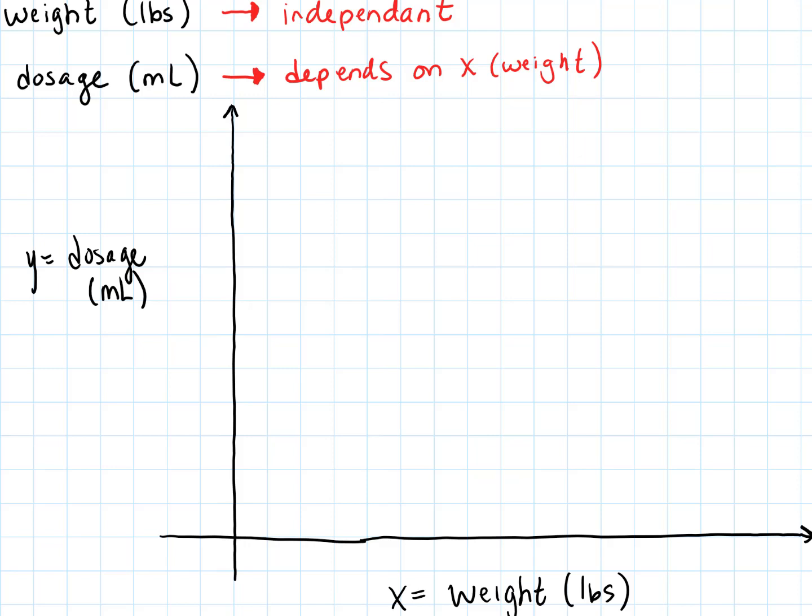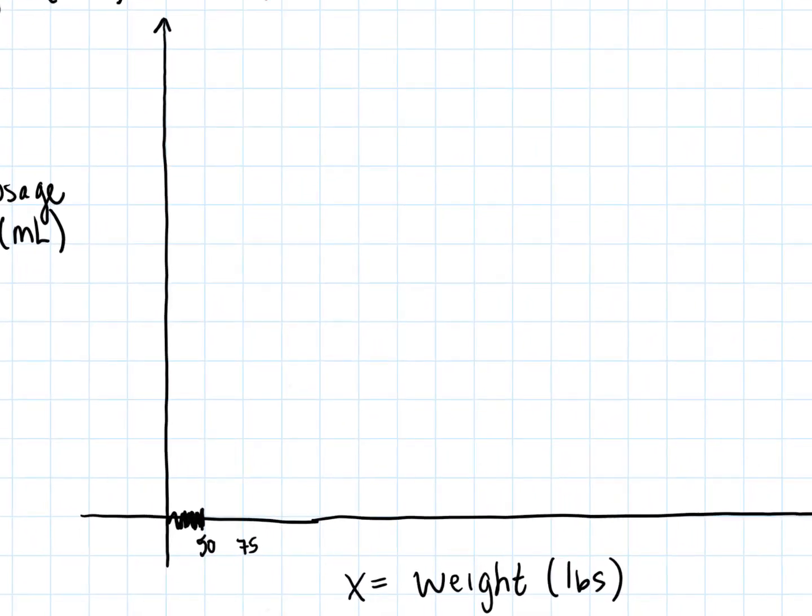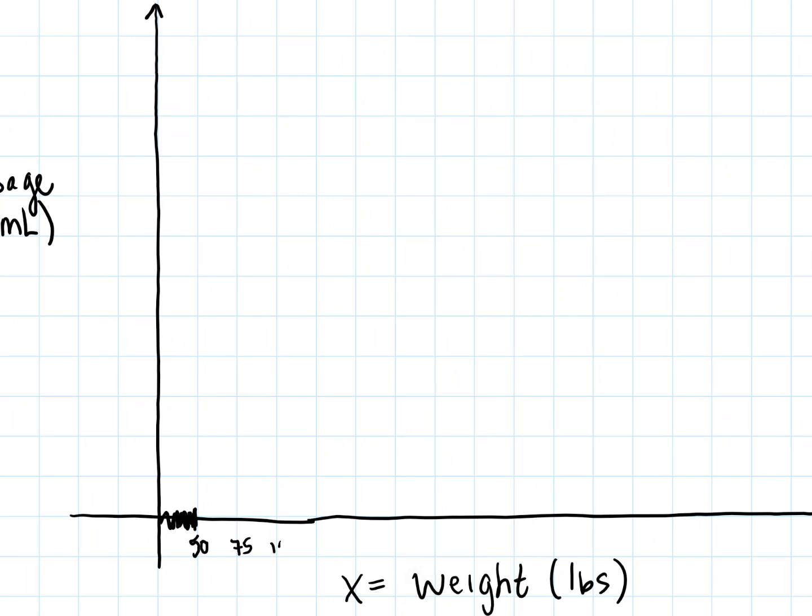Okay, so again, I need to make sure that I span from 50 all the way up to 300. If I don't want to start at 0, I can easily do that on this scale. I just put a little zigzag right here. That means that I've jumped some numbers, and I'm going to start here at 50. Since I want to get all the way up to 300, I'm going to go in 25s. So if that's 50, I'm going to make this 75, this 100,